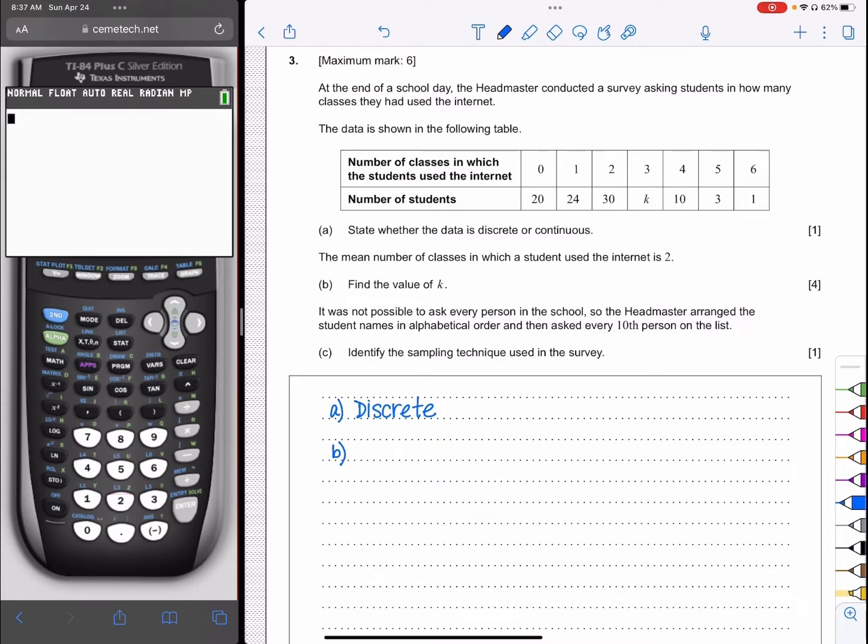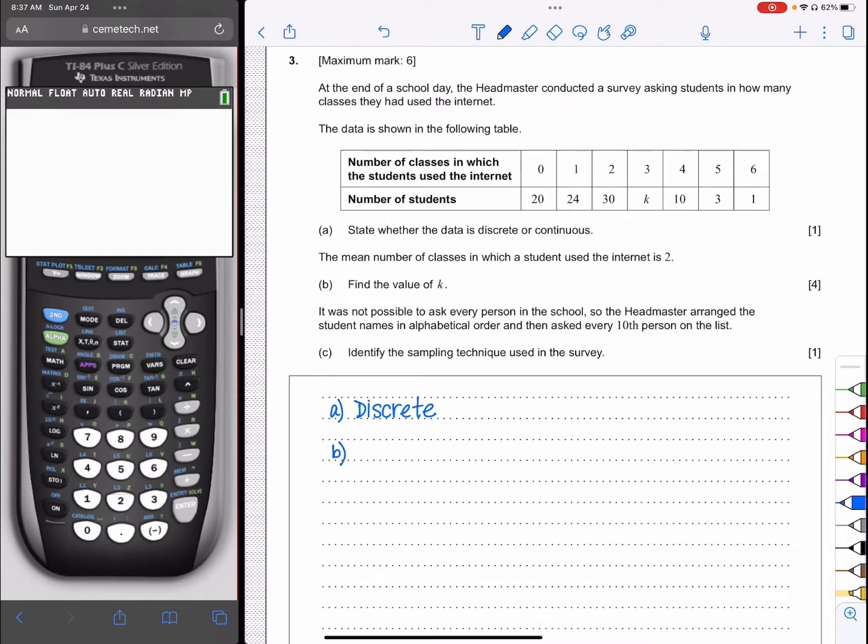Remember, the frequency, or the number of students, gives me the amount of times that the number of classes is written out in a list. So my equation for the mean is the sum of the products of the classes and the number of students, divided by the total number of students. So here I'm going to have